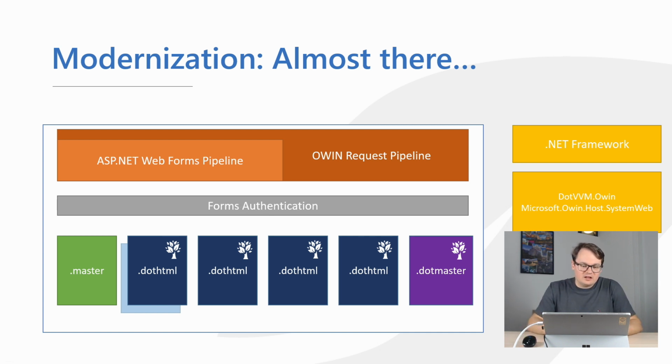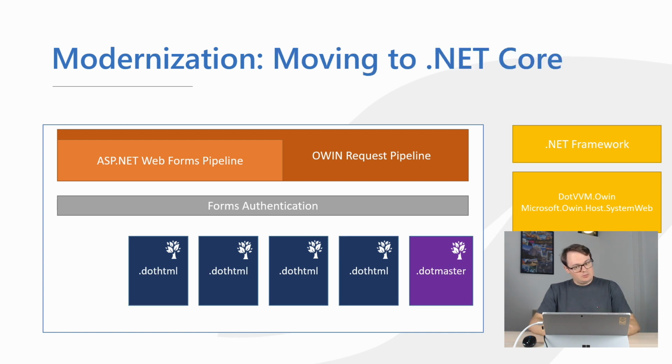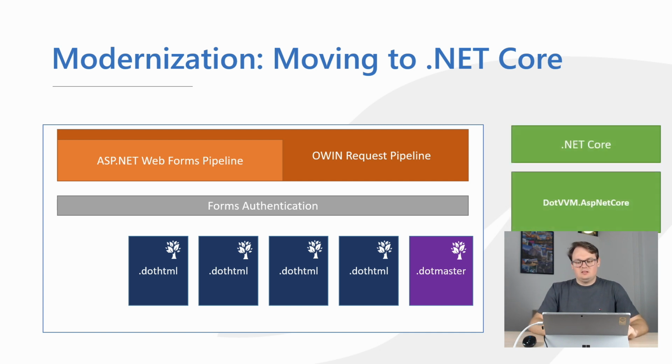And once you get rid of all dependencies on the web forms, then you will be able to switch to .NET Core. So we can remove the master page, we can remove the old pages, and now the entire application is using .vvm. And now we should think about going to .NET Core. So we can uninstall the OWIN packages, we can uninstall .vvm.owin, and now you can either change your CS approach, so it will use the new short brief syntax, and it will use .NET Core,